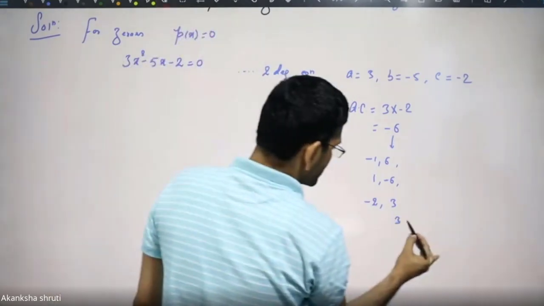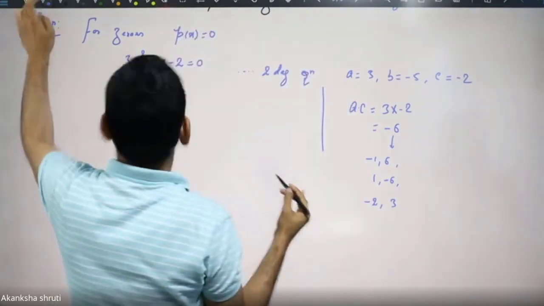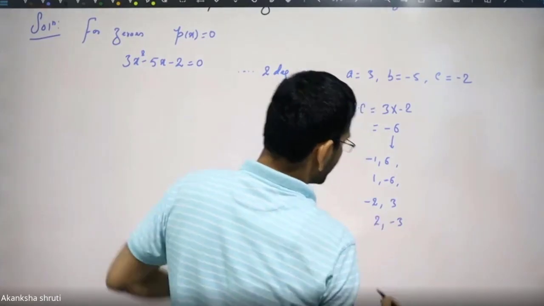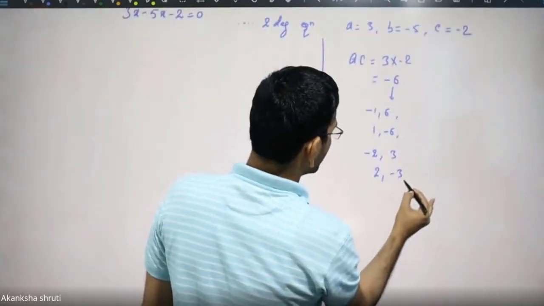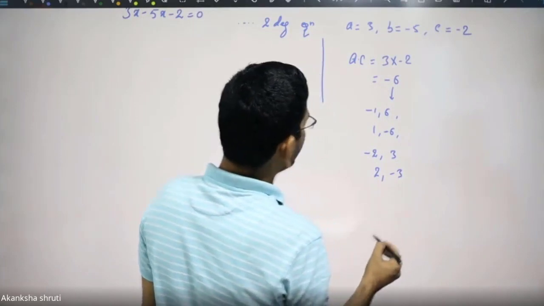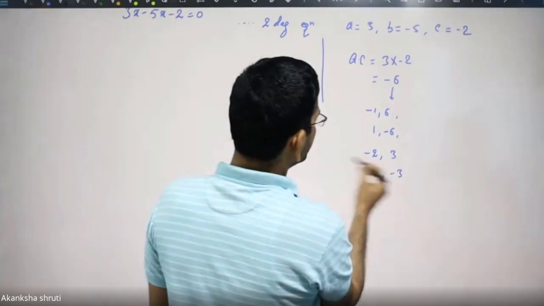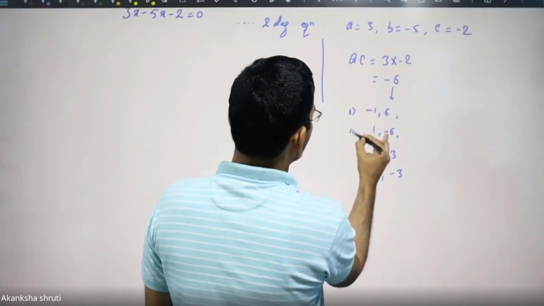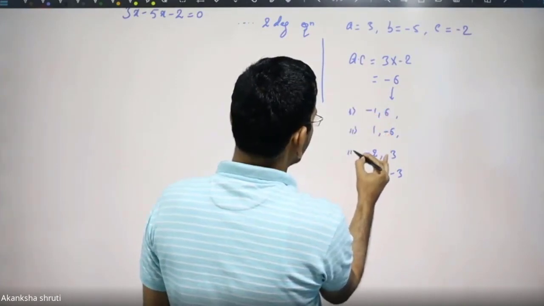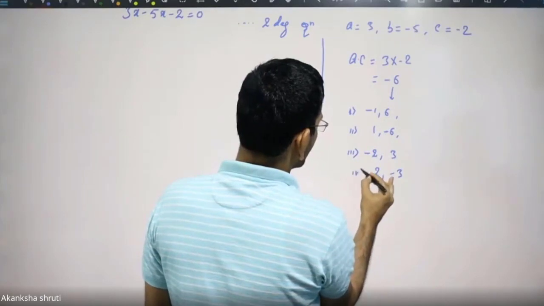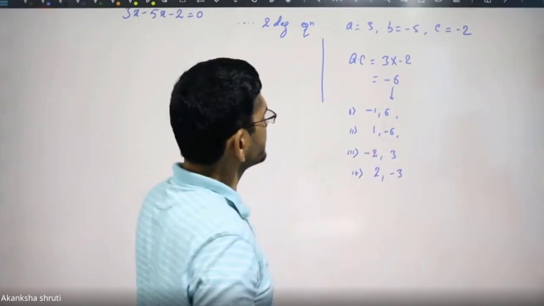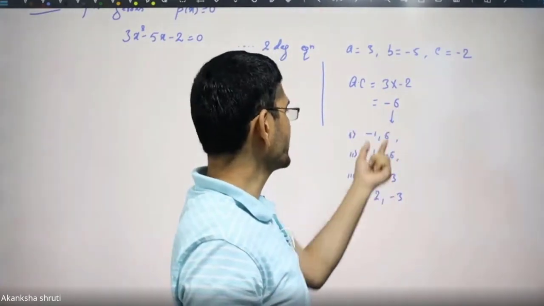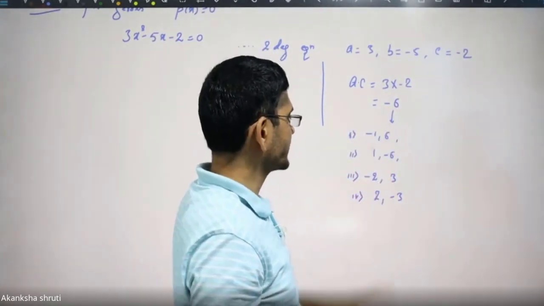So you will not take -2 and -3; the minus has to stay with one of them. So 2 and -3. Is there any other factor? No, only these are the factors that we can write. Sorry, 4 factors. So these are the 4 possible factors of this AC taken in pair. You have to write these; others cannot be written.